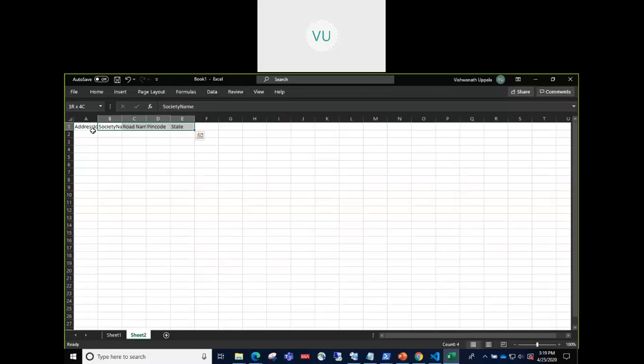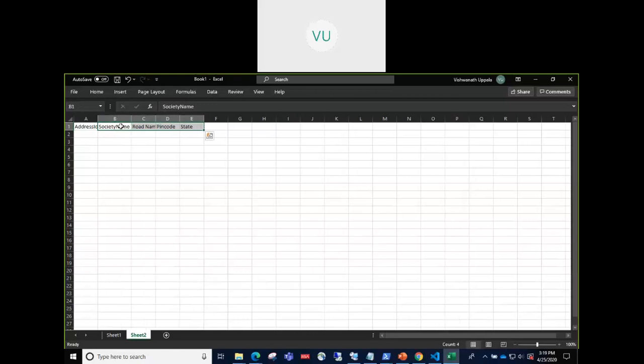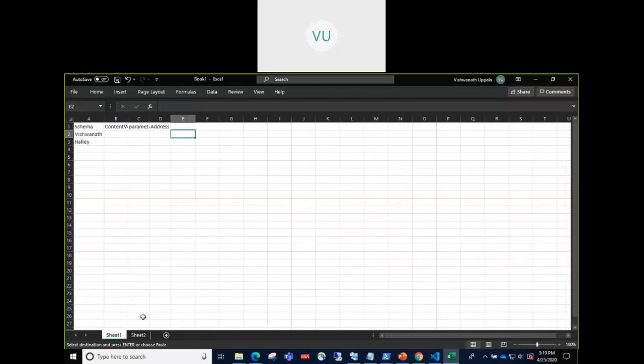So the structure of address itself will require these four fields. You can define that in another sheet, or you can define it here itself. But to define it here, you need to define it at another level. These are all fields which are children of this address.